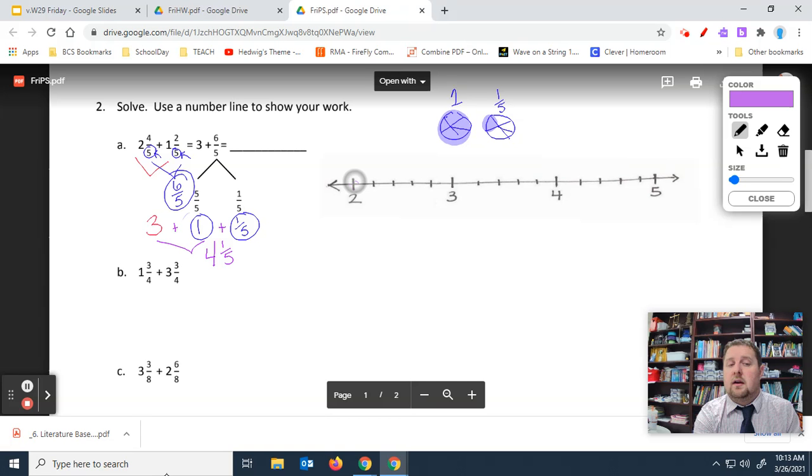So I'm going to start at 2. Plus 1. Right? That got me to 3. Yeah, you got your 1. I have a question. Yes. Do we have to do this all the number lines like you're doing? Nope. I could also have just started out at that 3 because that's the obvious, right? That 3 here. And then I could show here is my